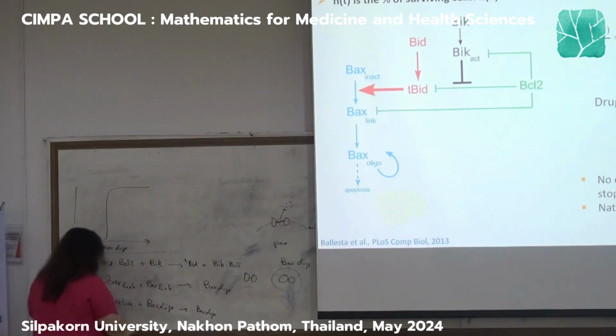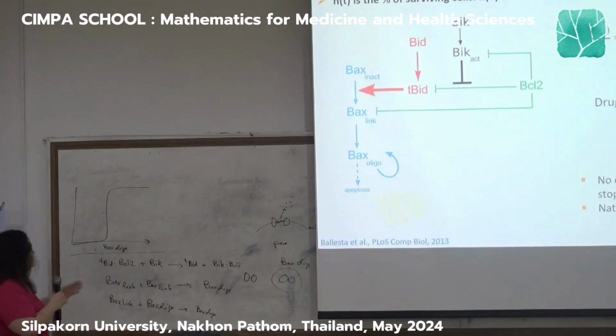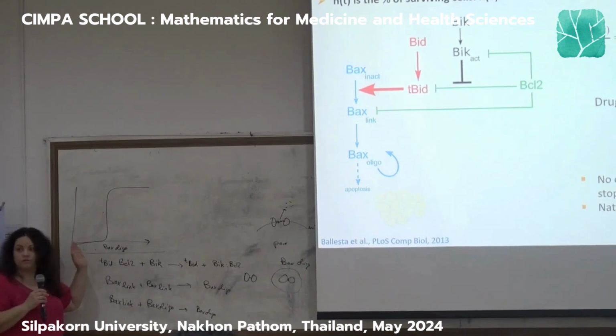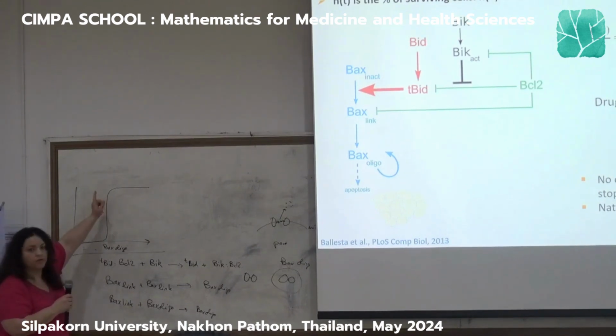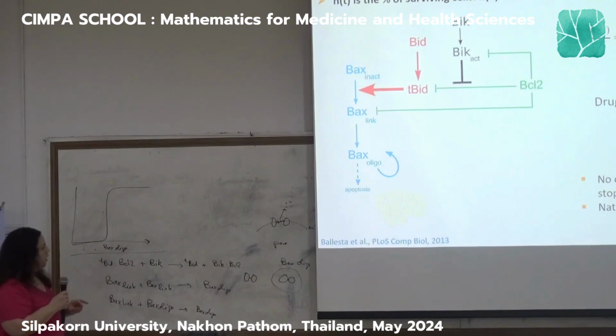Okay. So from biology, what we know is that for small values of Bax, nothing is happening. There is no death. The cells are not dying. So this is exactly what we have here with this S shape. The death rate here is close to 0. Then for some threshold values, the death rate will go more or less closer to the maximum value, meaning that the cell will die when Bax oligo goes over some threshold.